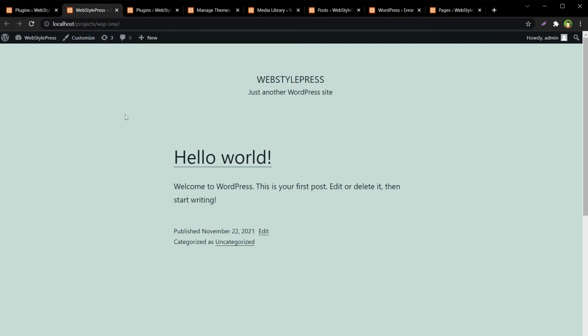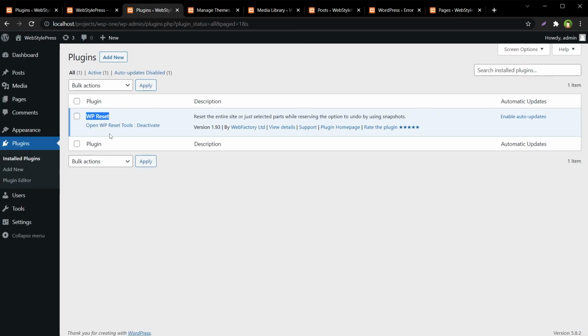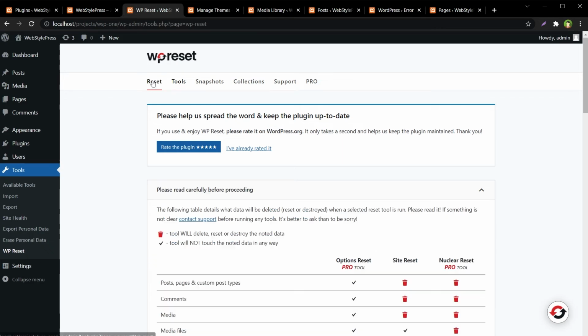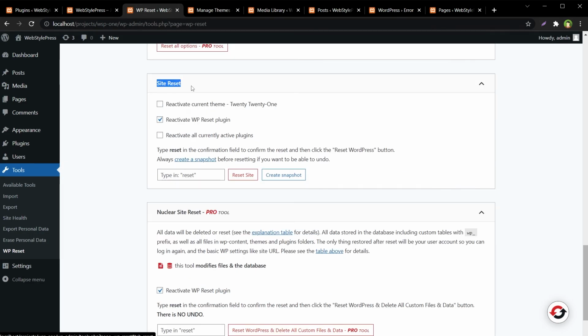If I just want to change the theme or change the demo site or delete data for the current site pages, I will only use site reset. This site reset, and I won't delete the uploads folder, and I won't delete plugins. So there you go. This is the WP Reset plugin, free version, for WordPress to quickly reset a WordPress site to do something different or to start over on the same WP installation without reinstalling WordPress.